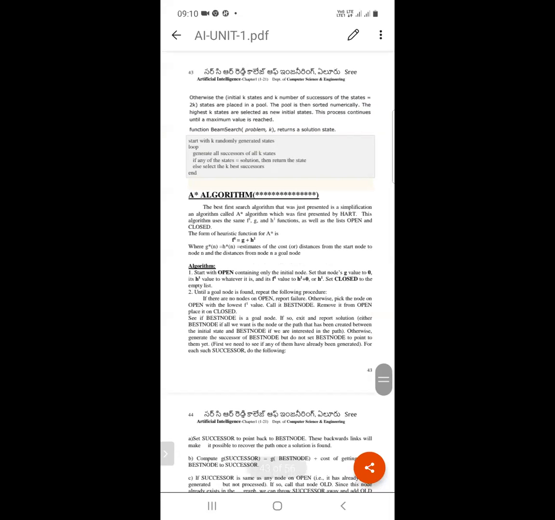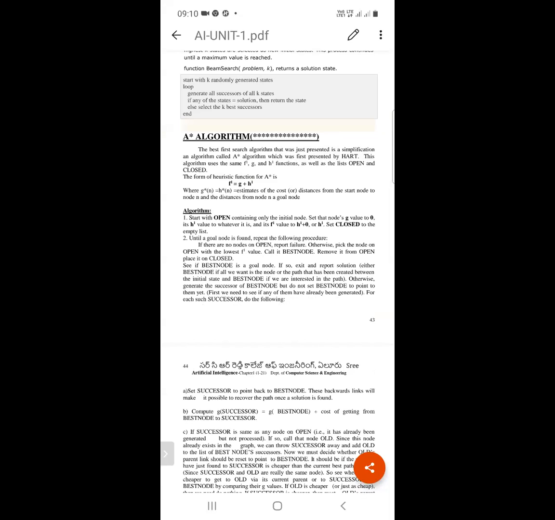This is the A-star algorithm. The best first search algorithm that was just presented is a simplification, an algorithm called the A-star algorithm.